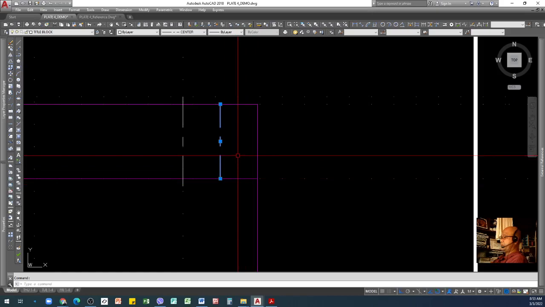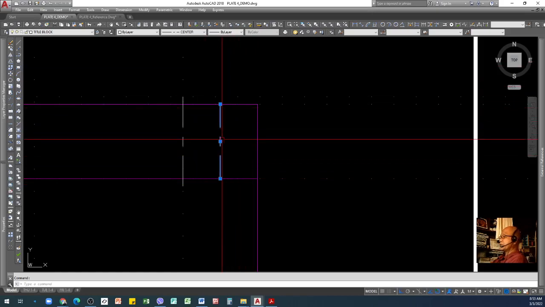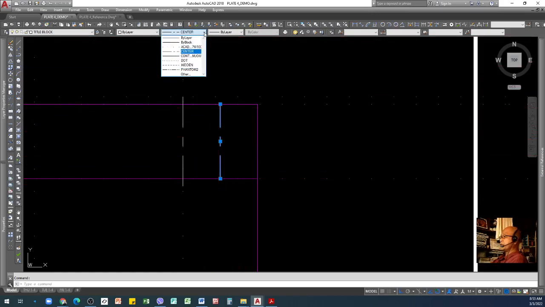So now we need to change this line to hidden line. Since I already loaded the hidden line, I can find it here. The same thing as what I have demonstrated on how to add your center line, you do it also if you cannot find the hidden line.